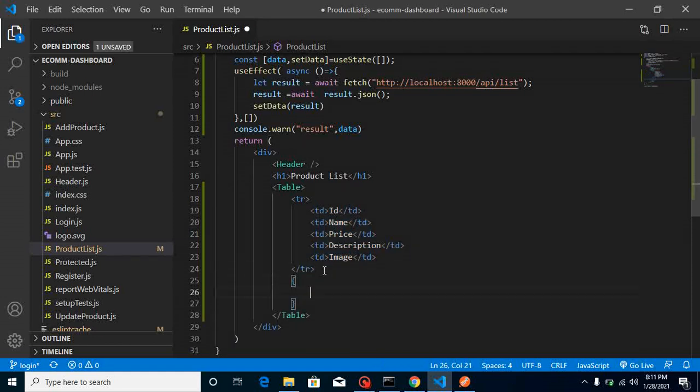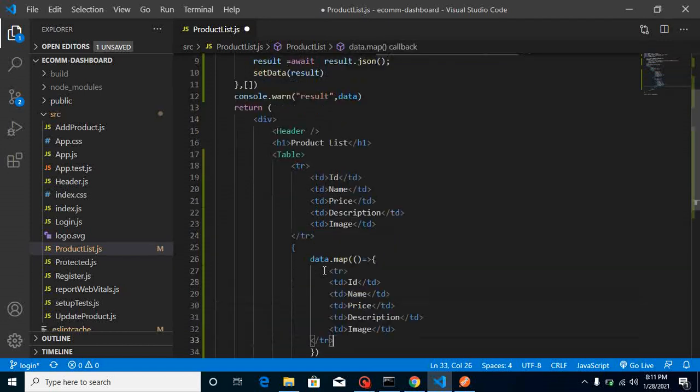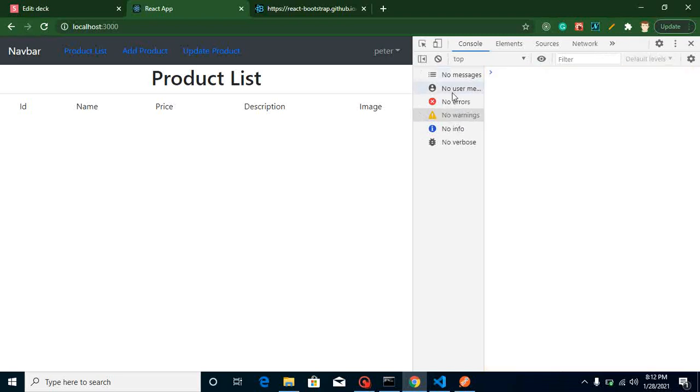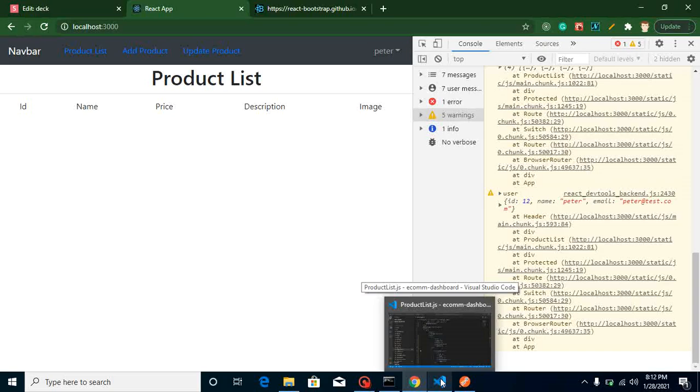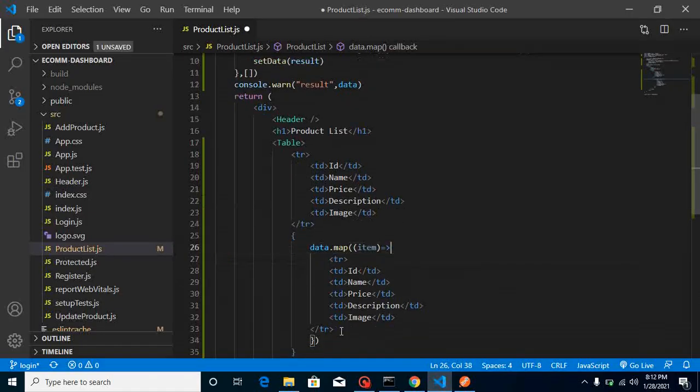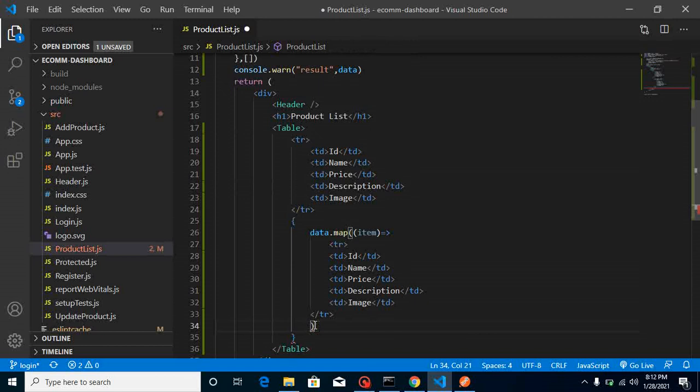So just simply put here data dot map like this, and put here tr, and here I can just take here one item, and let's see what we are getting here. Yeah, actually I don't need to put here these curly braces, because we are already using it outside.